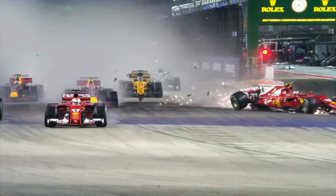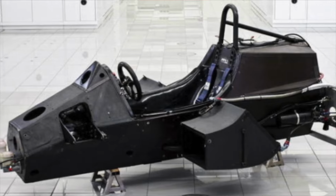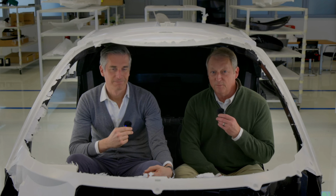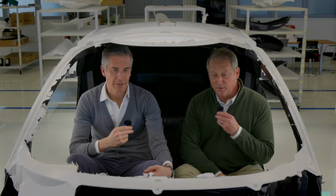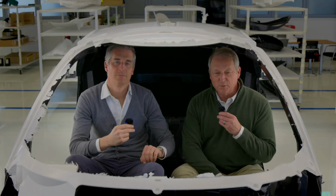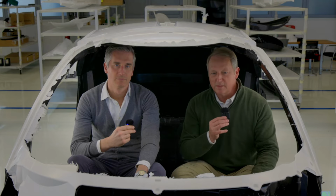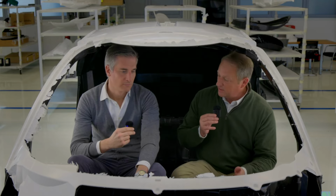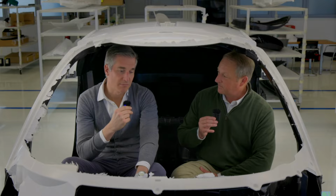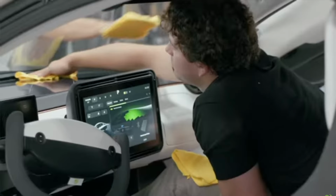Even though it's very small, the monocoque that the 2 occupants sit in is very, very hard, very stable. It's very safe. And the crumple zones will also help to protect the occupants inside the vehicle. And there are also going to be airbags. So the safety on this thing is really through the charts. But of course, we're going to have to look at the validations through a third party to see exactly what this vehicle can do. But anyway,